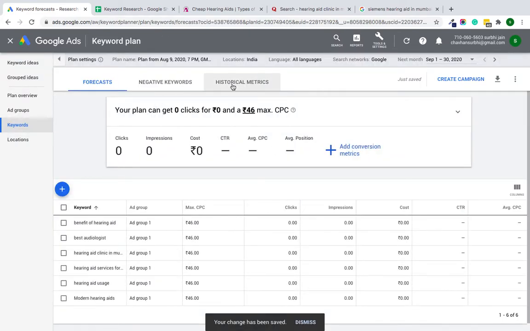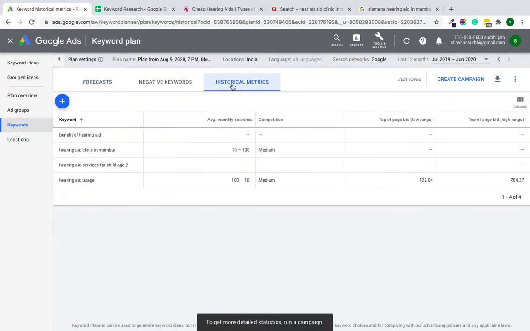Now click on Historical metrics. So if you see, these are the 5 keywords that I had pasted. When I have more, I'll paste more, of course. And so these are the metrics which we are identifying for the keywords which we are thinking to target on